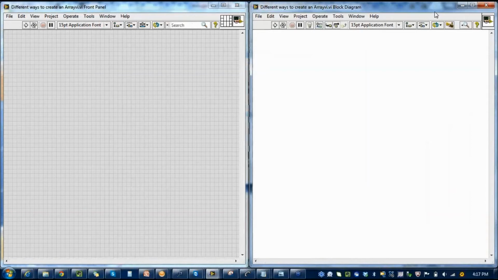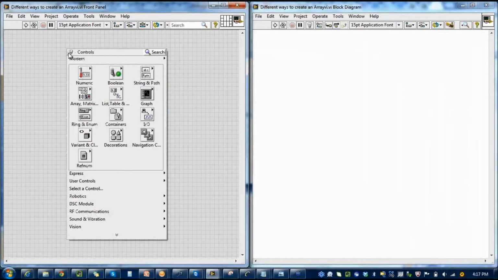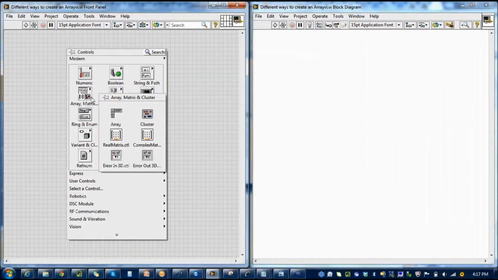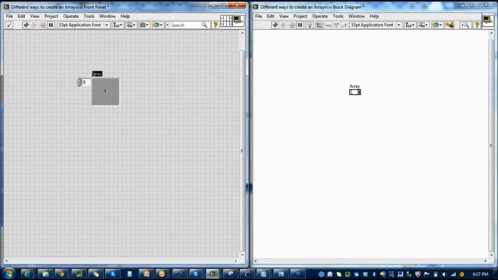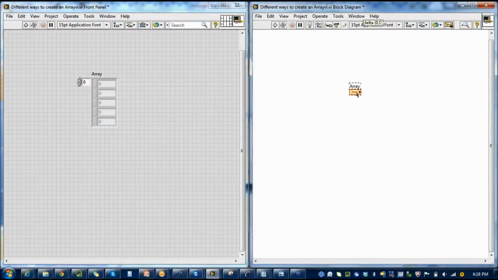Alright, so the first thing that I would like to talk about is how to create arrays. What are the various ways to create arrays? The first way to create an array is by going to the array option on your controls palette and selecting the array skeleton. This is an array shell, which, as you can see, is shown in black color. That means this hasn't been defined for any data type as of now. So now I want to convert this into an array of numeric values. Thereby I drop a numeric value into this. Now this is an array, as you can see, it's changed to orange color.